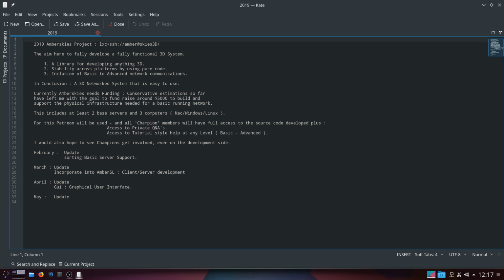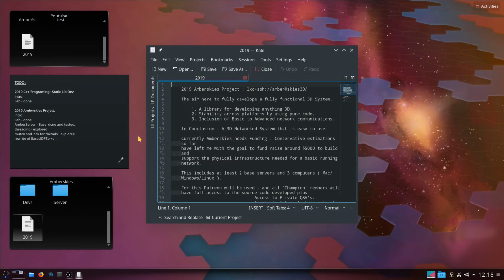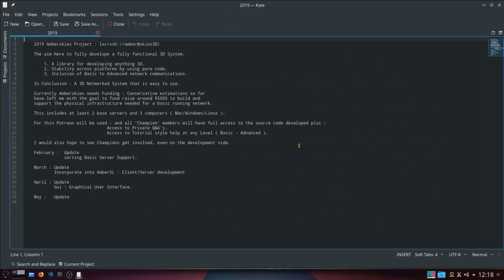It was like with, what was I looking into? Let me just check. I was looking into threading. I've explored it quite a lot. Threading comes in two flavors, C and C++, and everything that I could find and research was in C. So I typed in the C++ header file, and whoa, what happened? Everything worked.